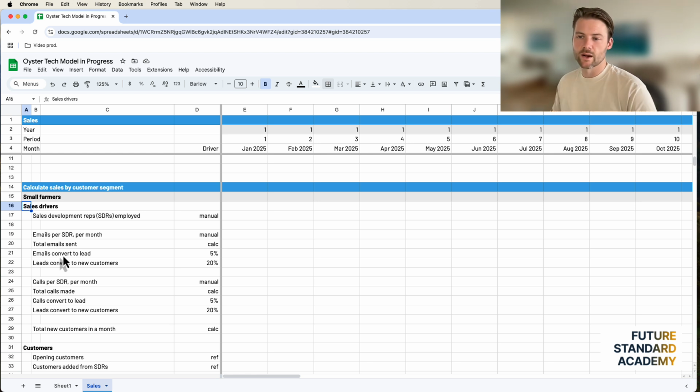Like, what activities are we as a company doing that's going to result in sales coming in? And this is what I would call being bottom up, right? Because you're actually thinking right from the actionable, targetable level, what are we going to do to access a small farmer, right?